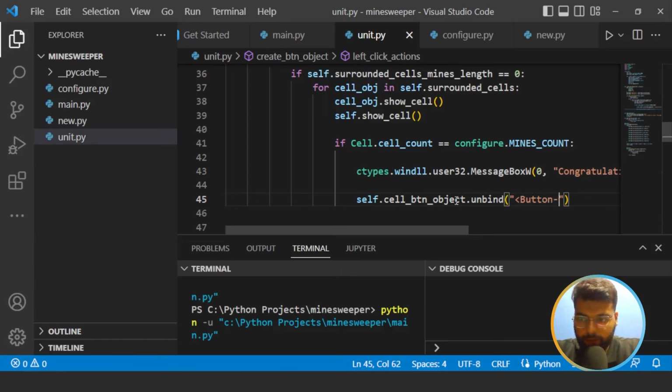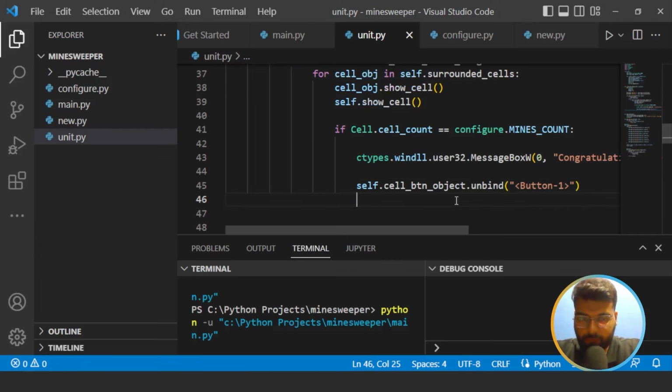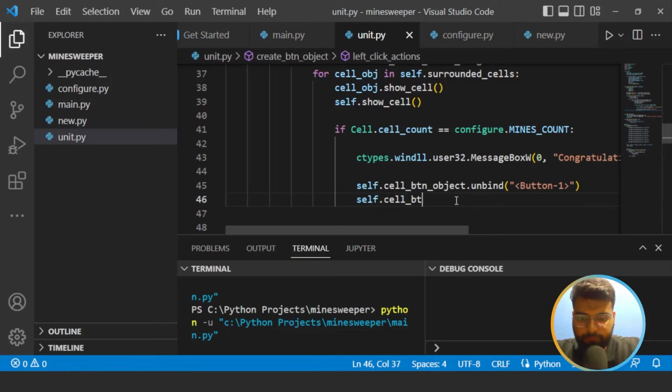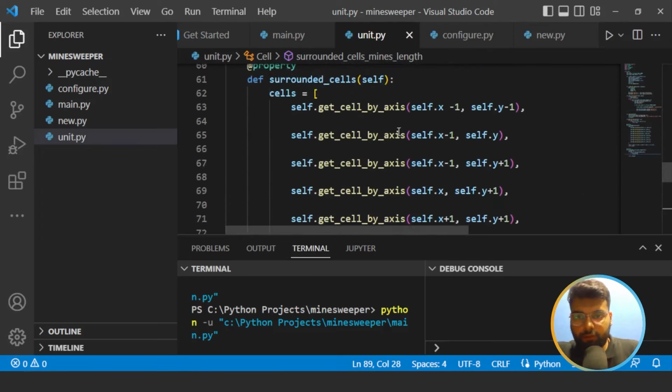That would be Button-1, and then we'll unbind the second key, that is the right key, Button-3,